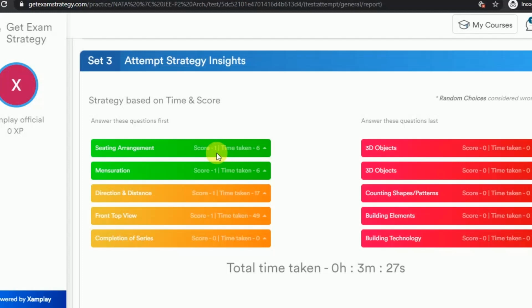Red topics are the topics where you have to be very cautious while answering. If possible, leave them to the end, or if the exam does not have negative marking, go ahead and answer them. So the order of priority of answering questions related to topics is green first, orange next, and red later.